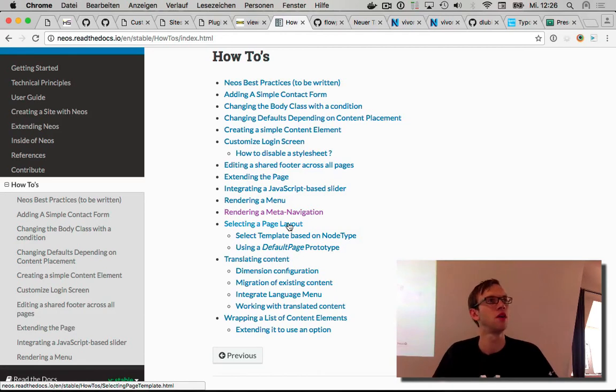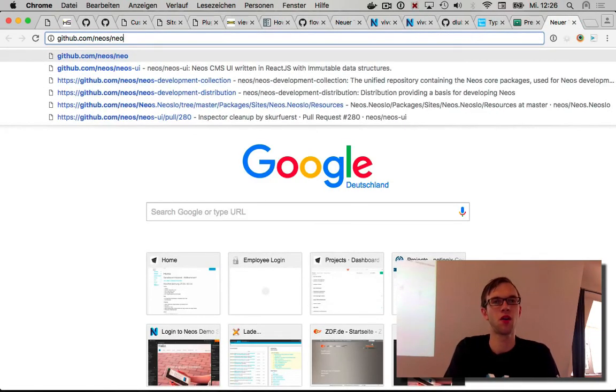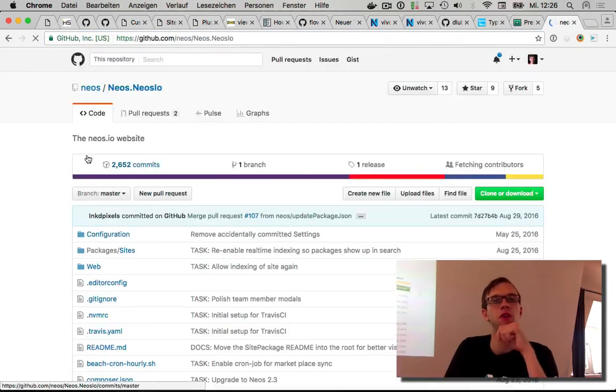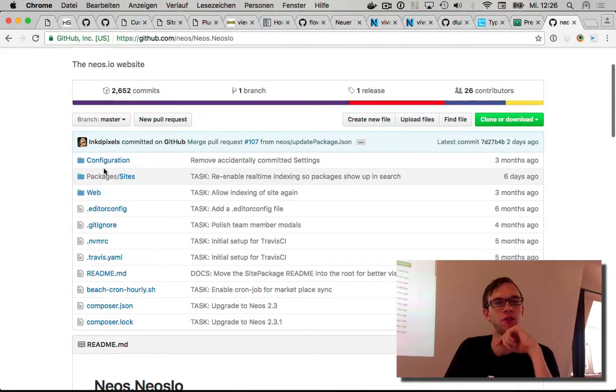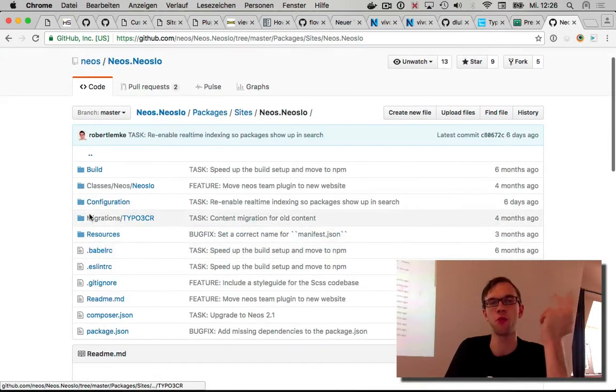And don't fear to check the prototypes in the code. Yeah. And also the Neos IO website. It's on GitHub. You can then have this as a reference, instead of the demo page. Yeah, because the Neos IO would be more current. Yeah, it's more recent. So the Neos IO website is also online, where you can check out how we use